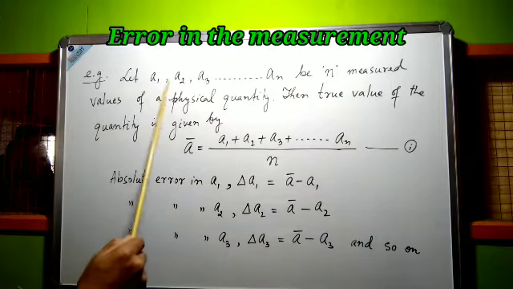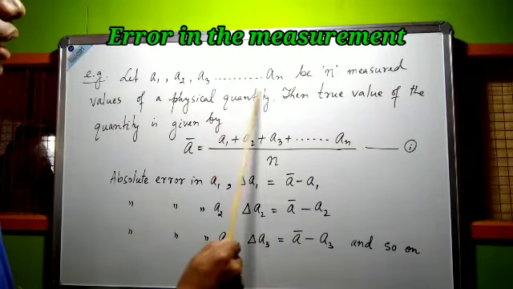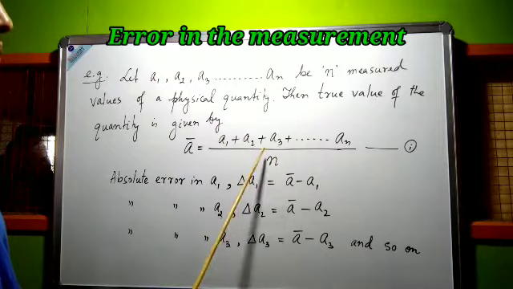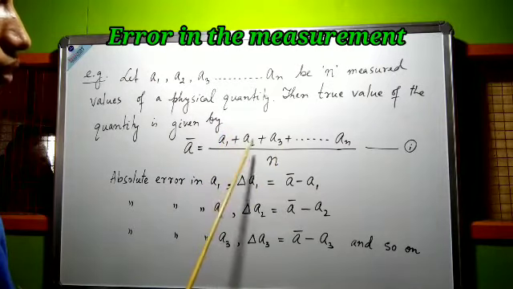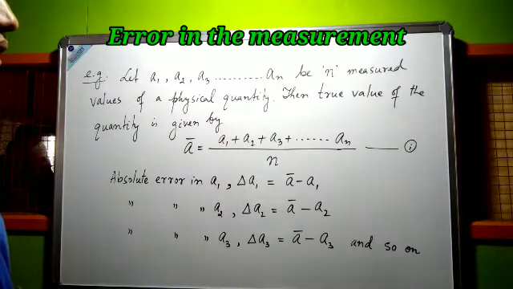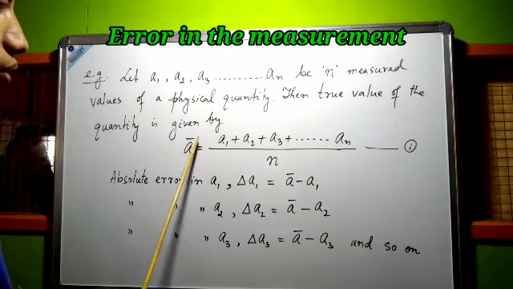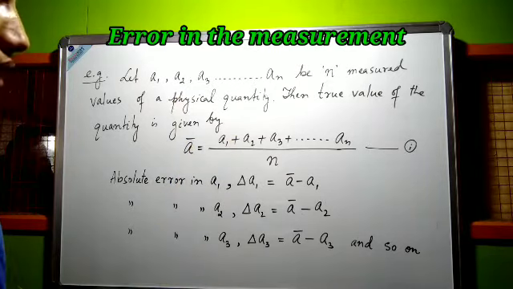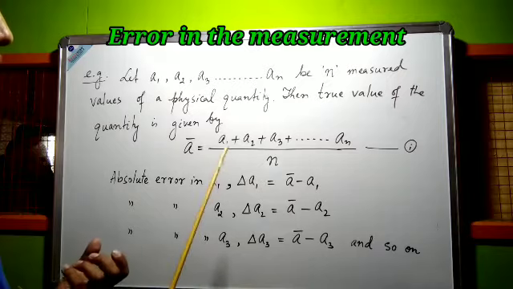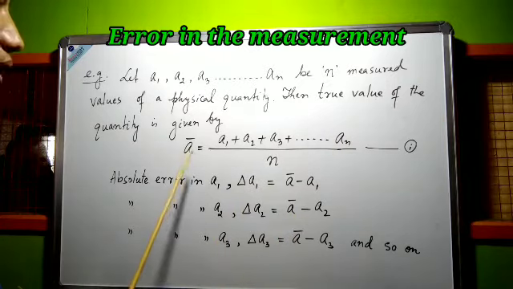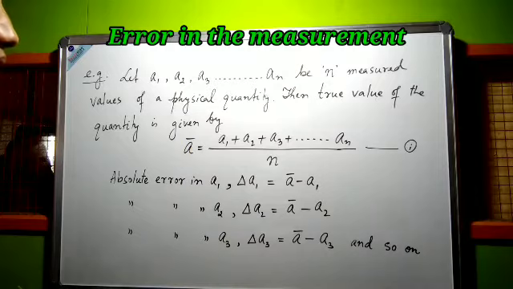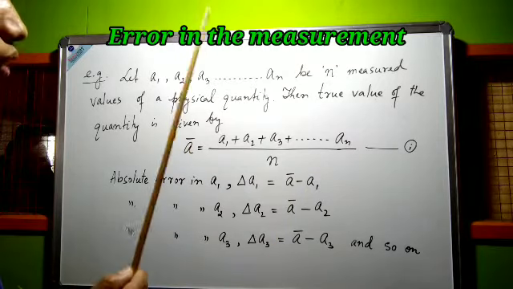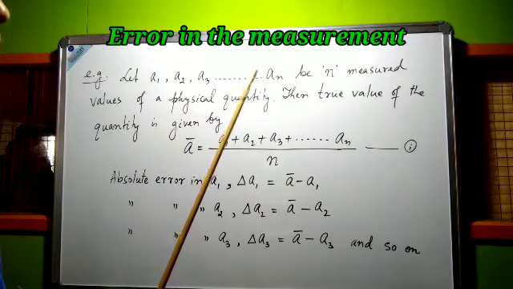Sida ko na fangiba A1, A2, A3, A4, A5 up to AN sigi mean value neba arithmetic mean. Sigi akoina measure to the fangiba value myam sigi arithmetic mean je akoina true value of the physical quantity oirani, and generally denoted by A bar has ko akoina quantity to A long tar di true value to A bar hayani, quantity to akoi measured value to L1 L2 hay tar di L bar hay bay and the bar is mean to mean value high. So in this case, A bar represents true value of the physical quantity.